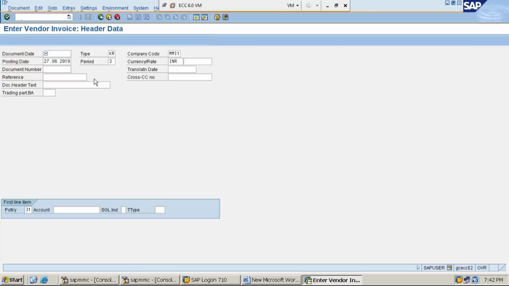Give the document date. Give the document type KR, not KZ, please. It is not a payment processing, it is invoice processing. So document type KR is exclusively used for processing vendor invoice, because document type KR is designed by SAP for that purpose only. So document type KR, company code MMI1,